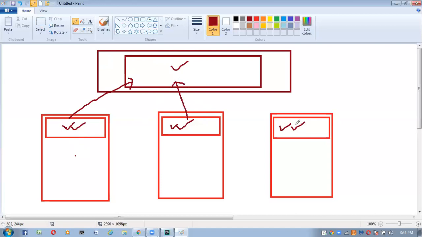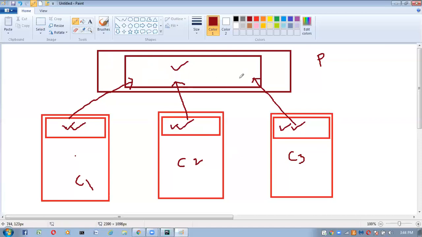Now assume this is the parent HTML. So this is the child 1 HTML, child 2 HTML, child 3 HTML. Inheritance means what? Inheriting the properties from parent class to child class.